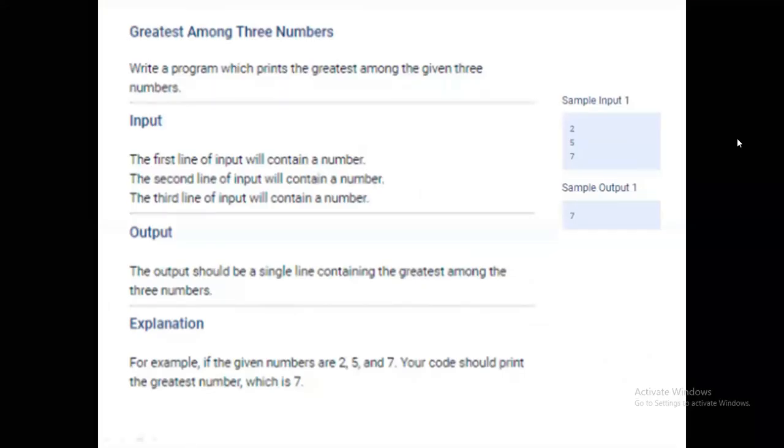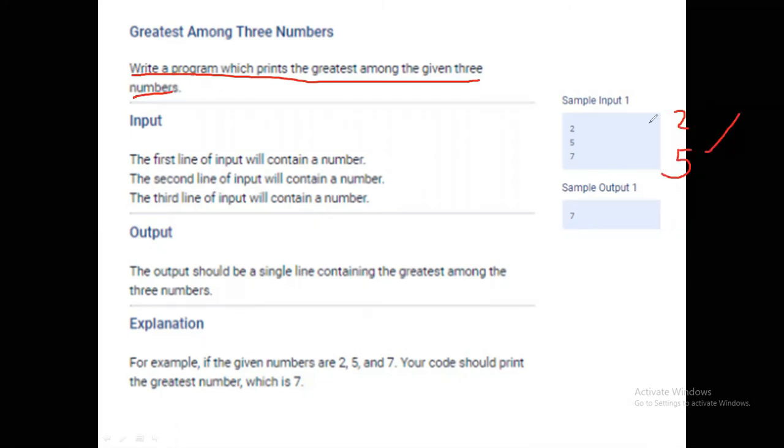So greatest among three numbers. Write a program which prints the greatest among the given three numbers. In our previous classes, we saw a program for the greatest of two numbers, the biggest of two numbers. That means you read the two values 2, 5, and find the biggest number. Here, the problem is